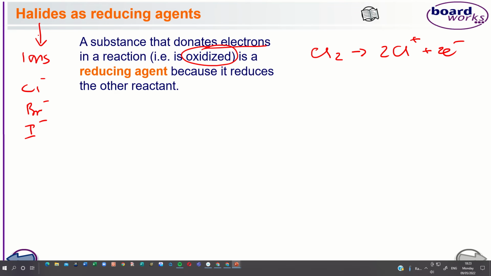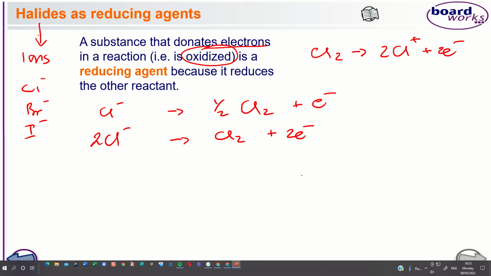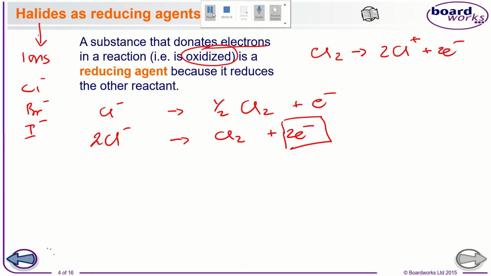So this thing has to be oxidized, and if you think about it, can chloride ions themselves lose electrons? Well, of course they can. If a chloride ion loses an electron, it turns into chlorine. You could also, I suppose more commonly, write that as: when chloride ions get themselves oxidized, or in other words behave as reducing agents, they turn into chlorine gas. Like so, you can see it has been oxidized. The electrons on the right hand side of the arrow are now separate from the chlorine on the left hand side of the arrow.